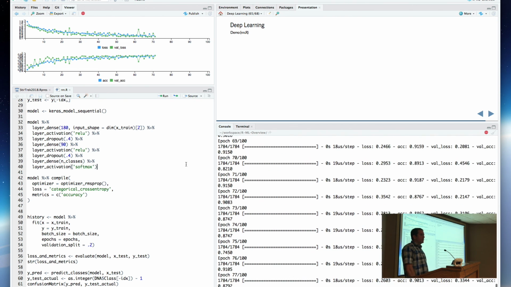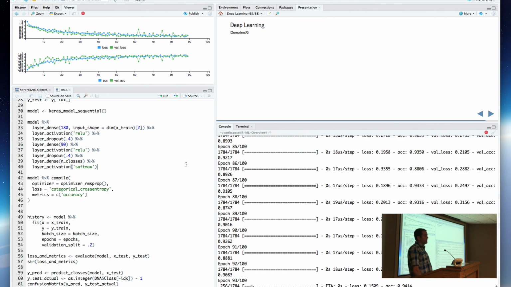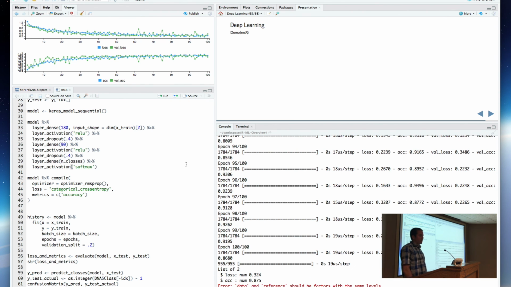For those familiar with TensorFlow and Keras, those are both Python packages, but they've been wrapped to work with R. Really nicely, the work they've done to marshal the data back and forth is impressive. There really is not a large performance hit. If this was a machine with a GPU that was capable of being used with TensorFlow, then you would get the GPU optimizations of that package. For deep neural networks, that pays off a lot in terms of speed. What's the size of this data set? DNA is...